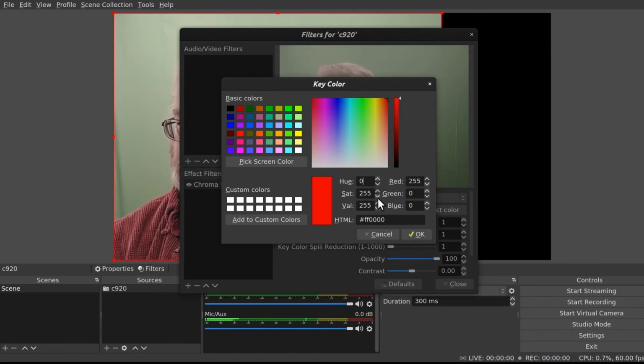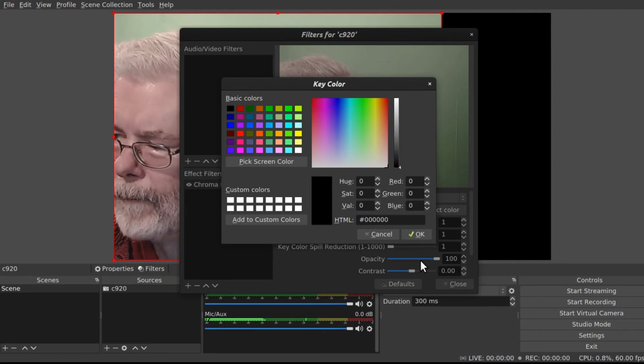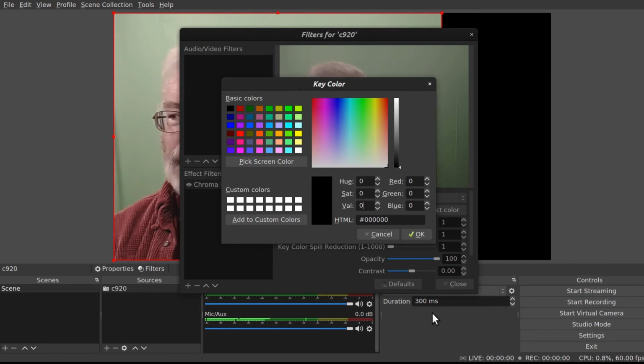But what I'm going to do is show you these fill boxes, hue, saturation, val, and you can see what happens as you start playing with these numbers. You can control your color very precisely using these numbers. By setting all of those to 0, our key color is black, and that's an HTML number of